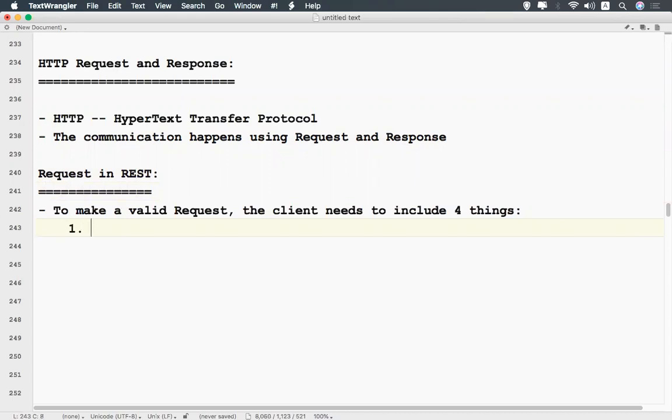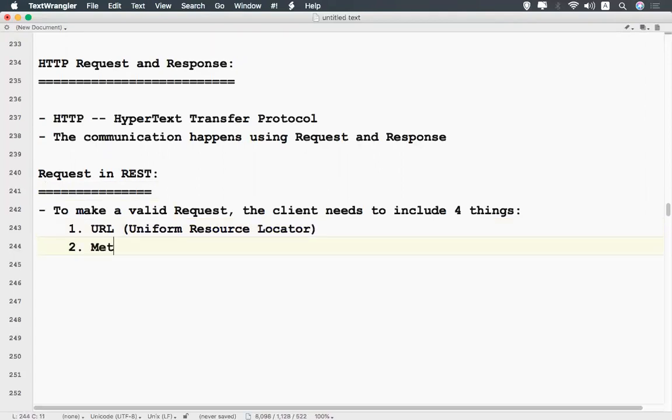So what are those? In REST API, we are making a request, so what does that request contain? The first part is the URL, which means Uniform Resource Locator.